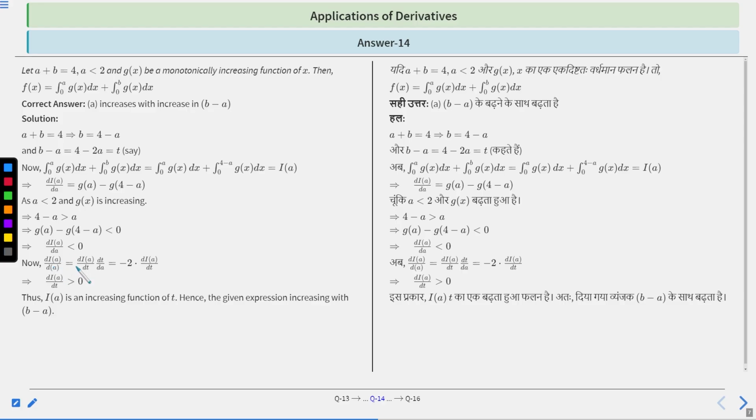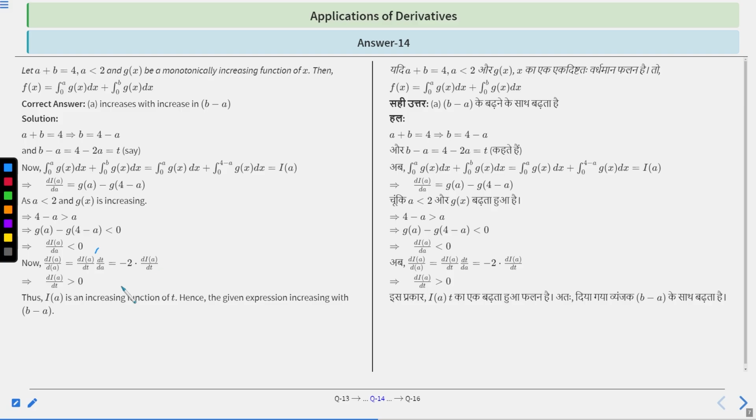Now, d of I(a) upon da is equal to d of I(a) upon dt into dt upon da, right? See, t is equal to 4 minus 2a, so dt upon da will be minus 2, isn't it? Therefore, dI upon da can be written as minus 2 into dI upon dt. Therefore, dI upon dt is greater than 0. Thus, I(a) is an increasing function of t. Hence, the given expression is increasing